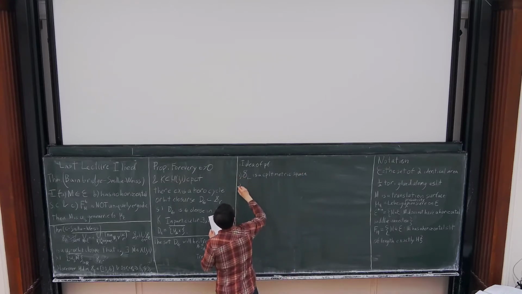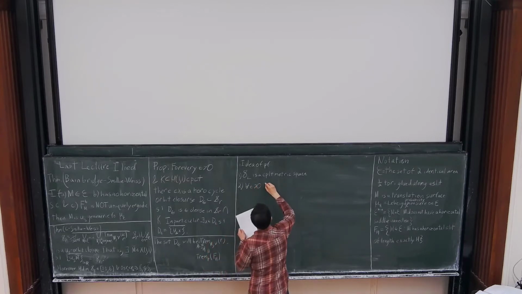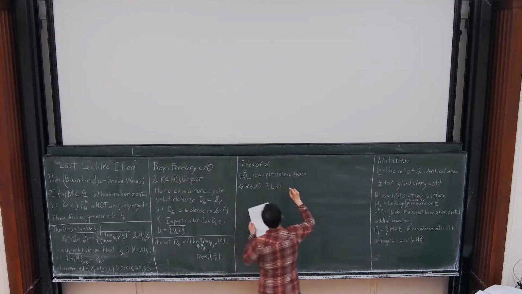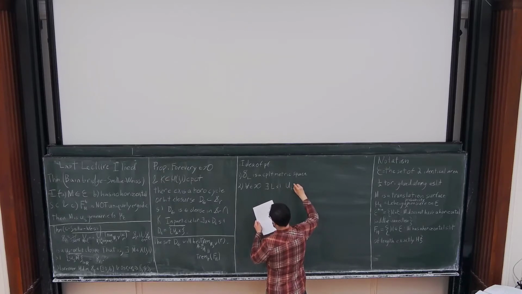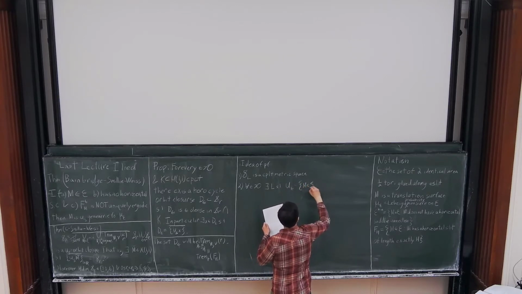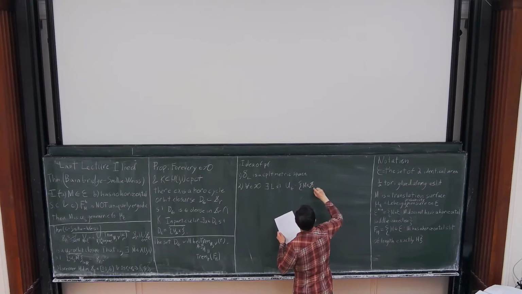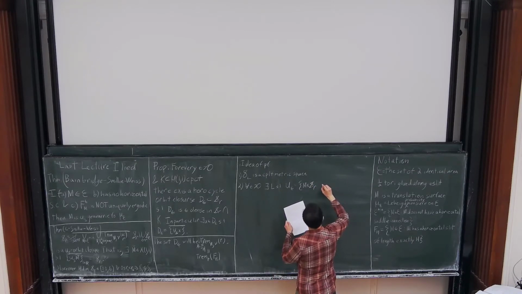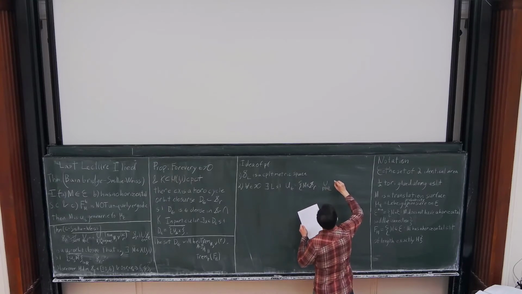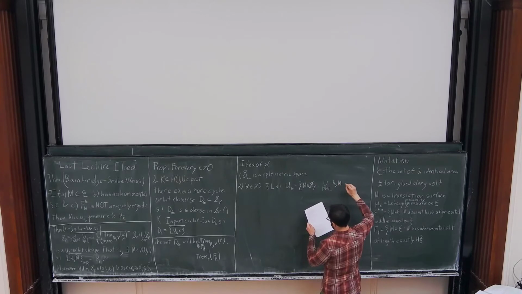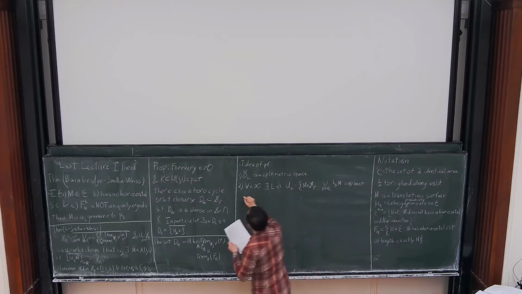For all epsilon greater than 0, there exists an L, so that U sub epsilon is equal to the set of all M in S sub R, so that the union over absolute value of s less than or equal to L of h_s M is at least epsilon dense